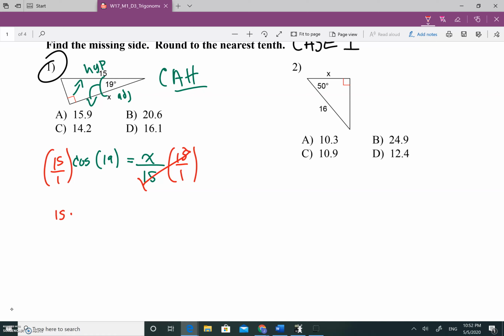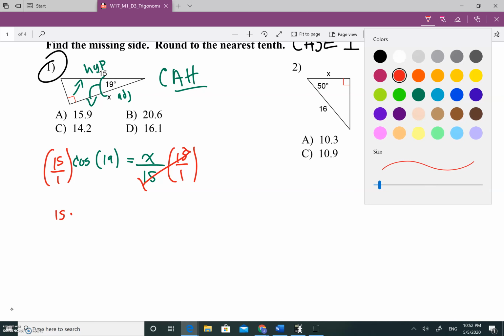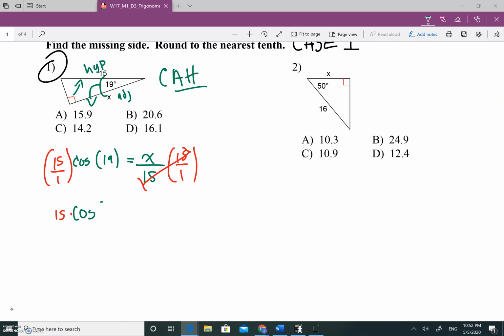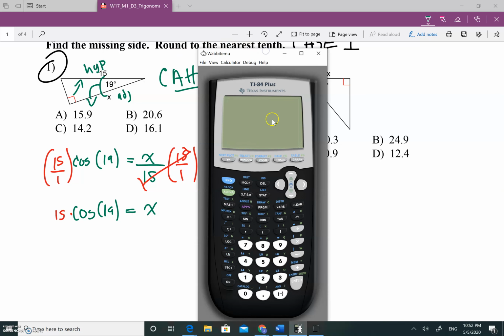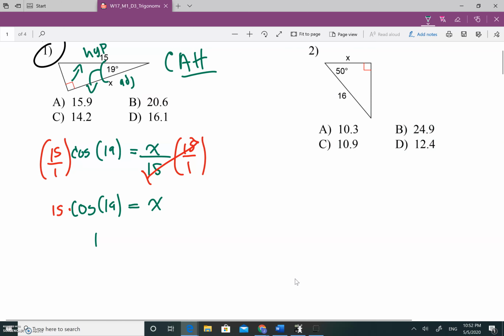So this is going to be 15 times cosine 19 is equal to x, and this you have to put in the calculator. So let's look at my calculator here. Make sure that your calculator is on degrees, and we're going to multiply 15 times cosine 19, and that's going to give me 14.18. So 14.18